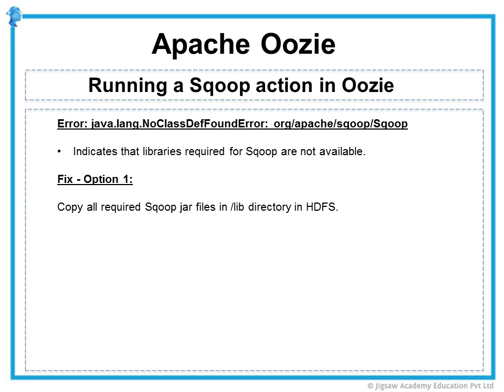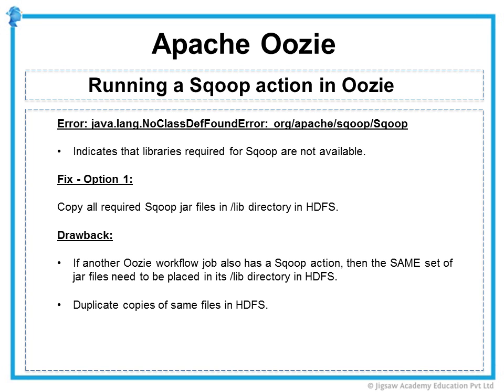But what happens if we have a different Oozie job that also has a sqoop action? So for that job to work, we'll have to copy the required sqoop jar files to the lib directory of that workflow as well, right? But it does not make sense to load the same set of jar files in a different directory. It would have made sense if the jars were specific to each workflow, like the wordcount.jar file for our MapReduce action in the previous video. But these are all common jar files, so we should think of an alternative way to share common jar files